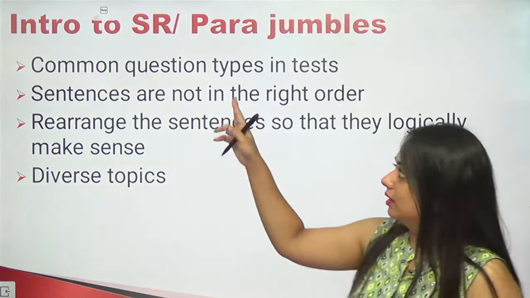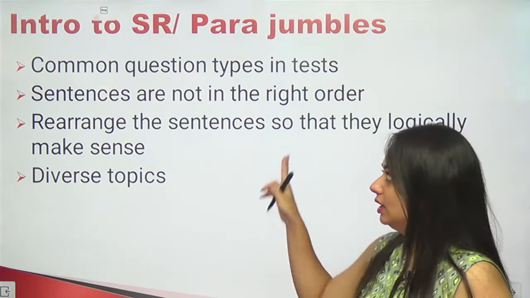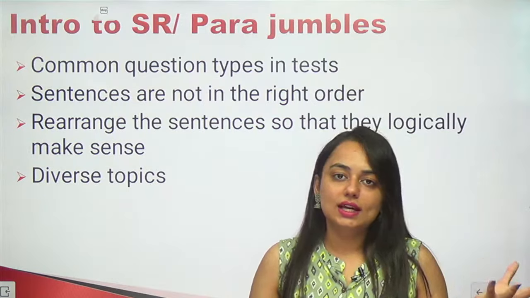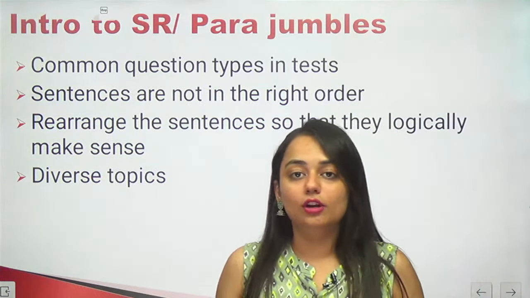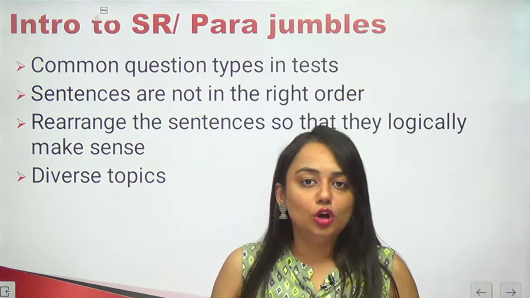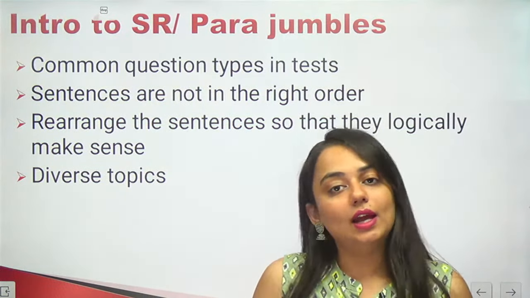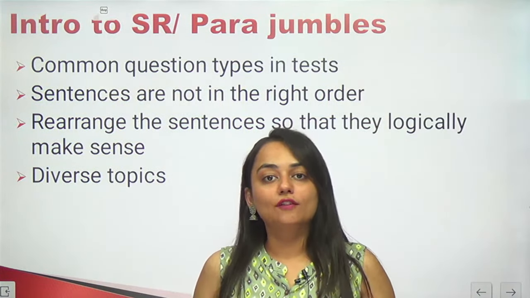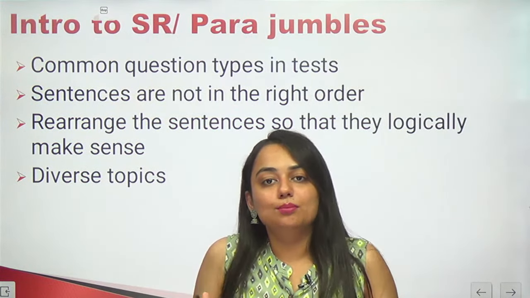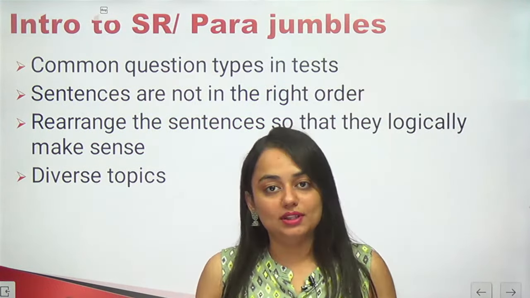Just like critical reasoning, just like passages given to you in different exams in the English section, this portion also requires your knowledge of diverse topics. Just as critical reasoning, SR can also be based on different areas and different subjects. There can be sentences from anthropology, sociology, biology, politics, history, commerce, technology. There can be a number of areas, and if you want to have an understanding of each area, the particular jargon of each area, it becomes very important that you start reading from now onwards, and again reading from diverse topics, diverse areas.